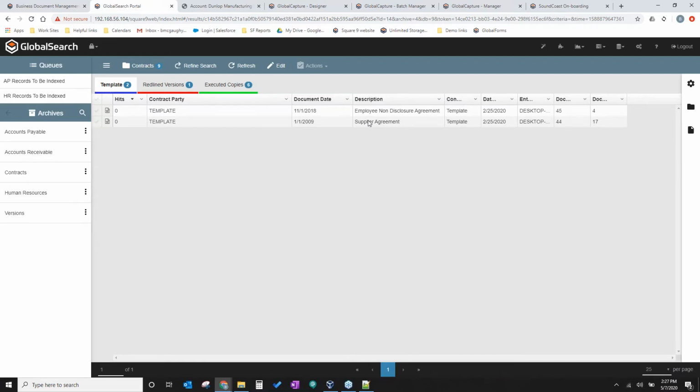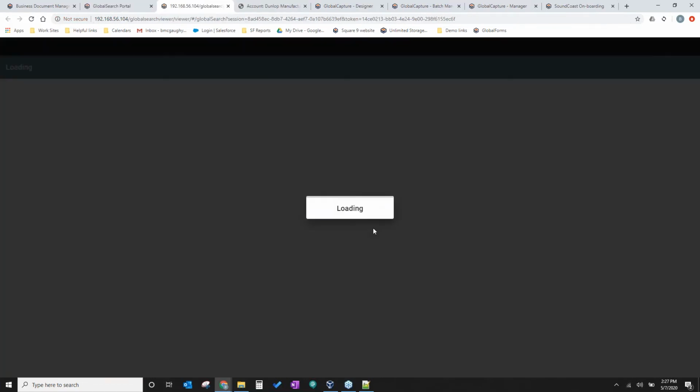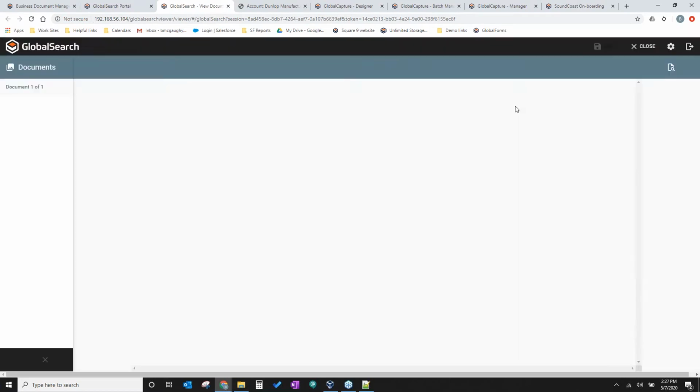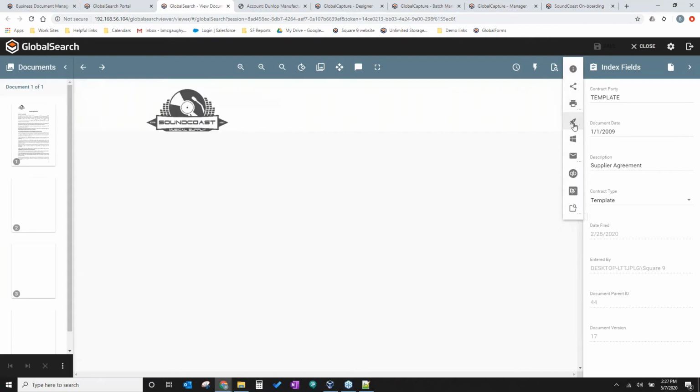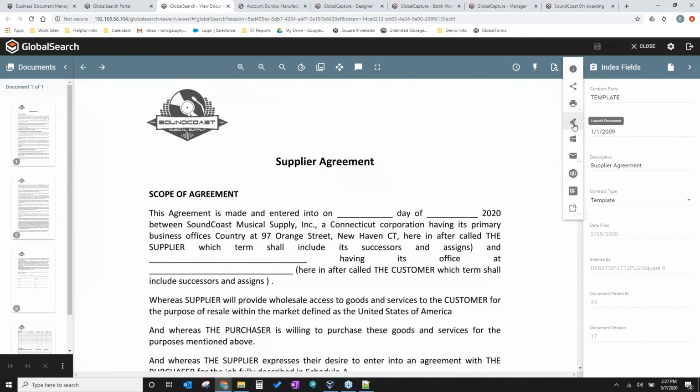So under contracts, I have these templates. These are Word documents, as you can see with the icon. And when I come into one of these documents, I can launch this document. So maybe you want to have those Word document templates stored somewhere.